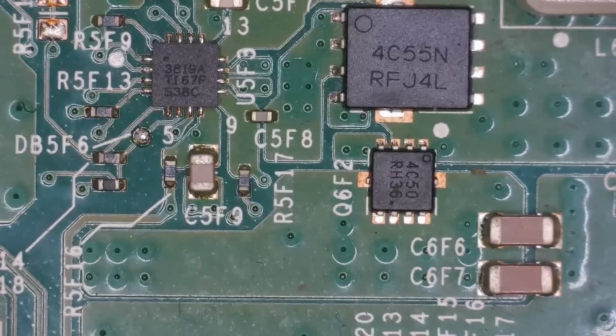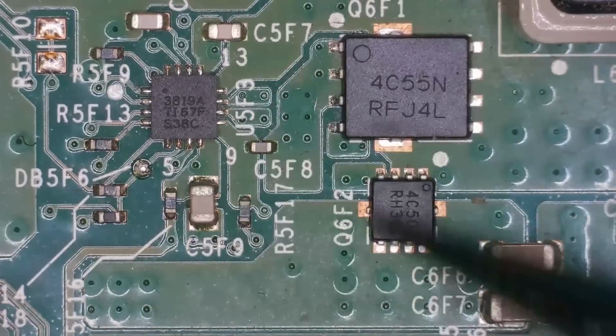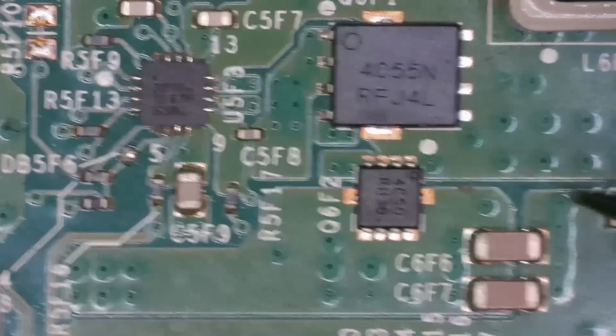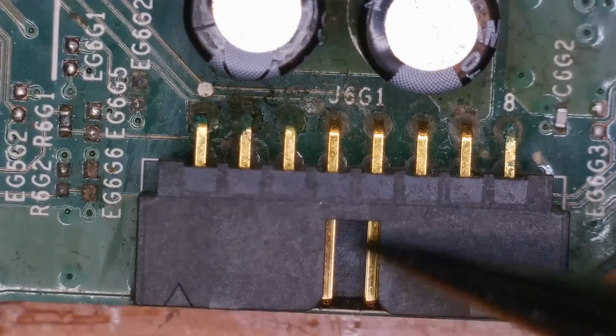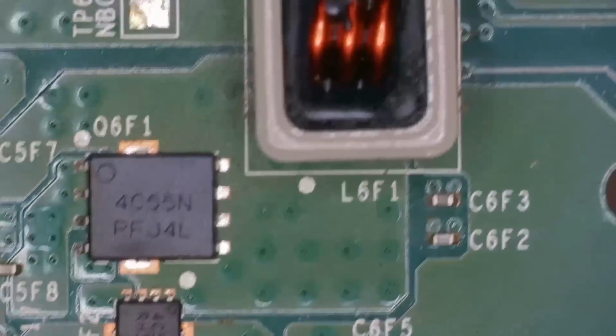I've seen a video of The Coders recently where he had, I think, a couple of components in this area on an Xbox One S that were quite badly corroded. I've had one as well recently where I'd replaced all of this, including these resistors and the connector here on the other side of the board, but I couldn't manage to get it working. However, this board actually looks pretty clean over here,